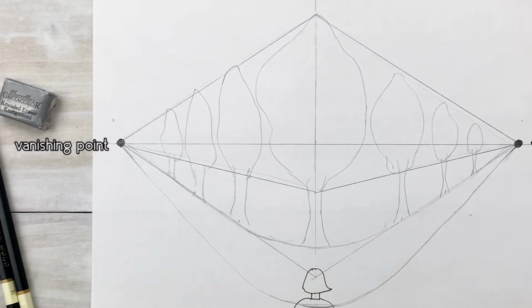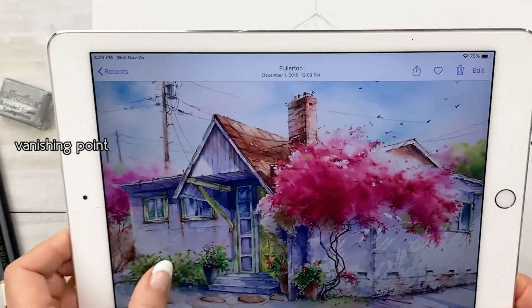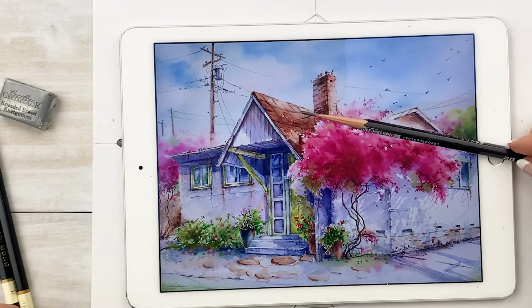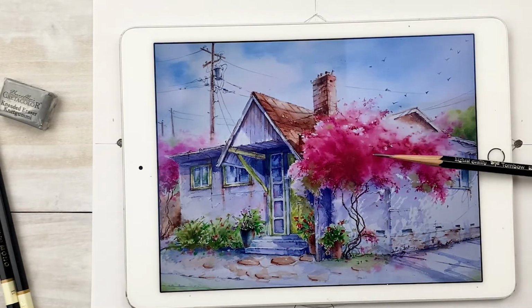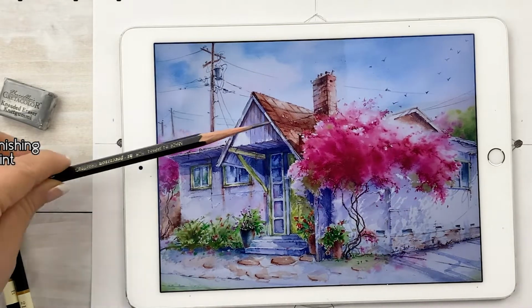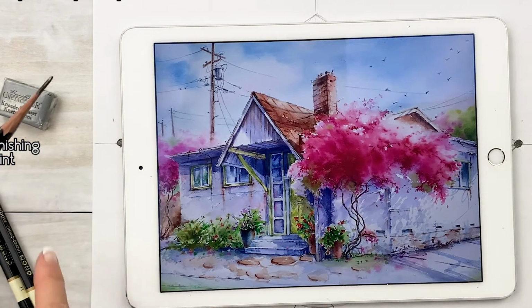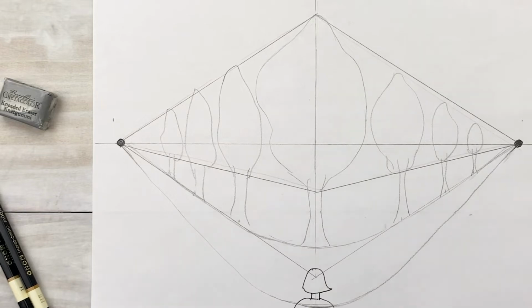So I have a reference for you. This is my painting. Look at that, this angle like this. There is a vanishing point here, so we can measure it like this. And here, this point looks like this. Here is this point. We have a vanishing point, so we have 2 point vanishing point. Okay. Next,